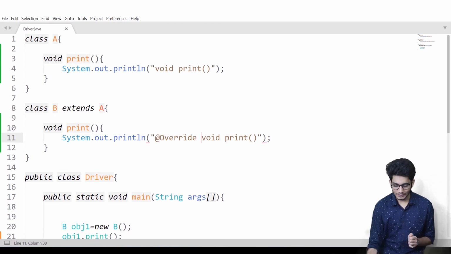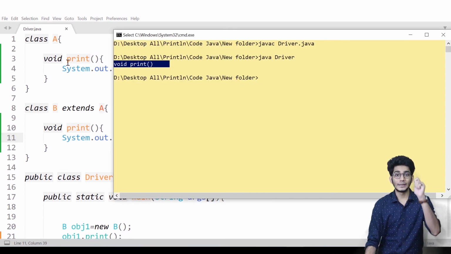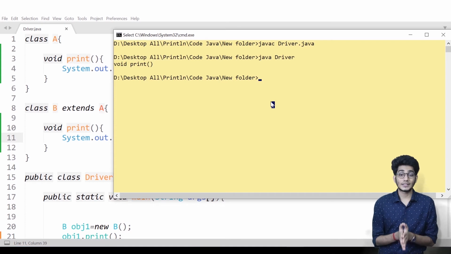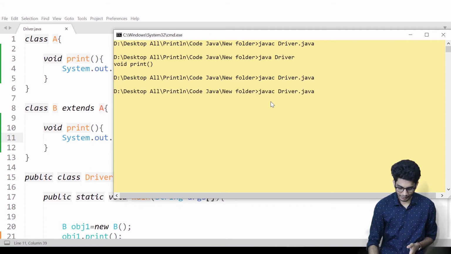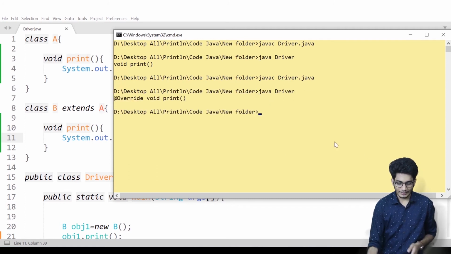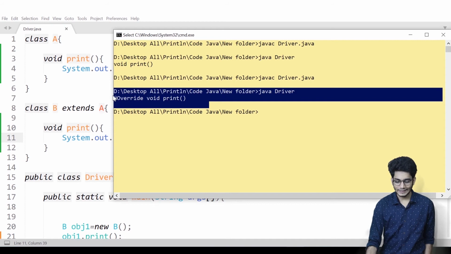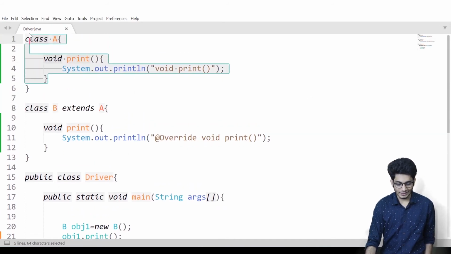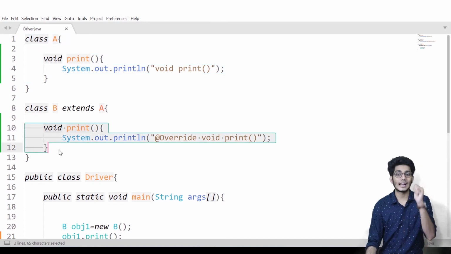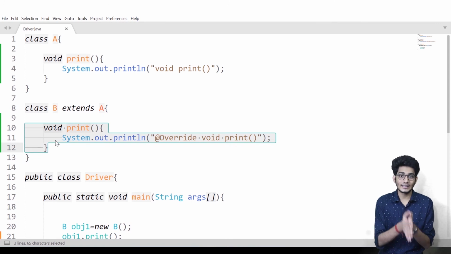At first it was calling the method of our class A. Now we have successfully overridden the method print. Now we'll compile the code and run the code. See, we have got "override void print". So now it's not calling the method of class A, it's calling its own method because it has found the method in its own class body. That's why it's calling its own method.